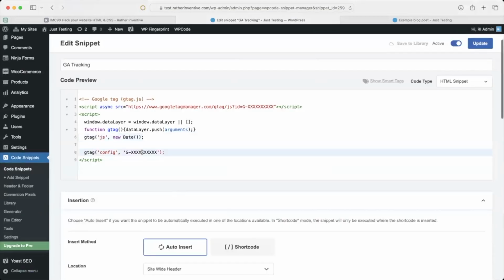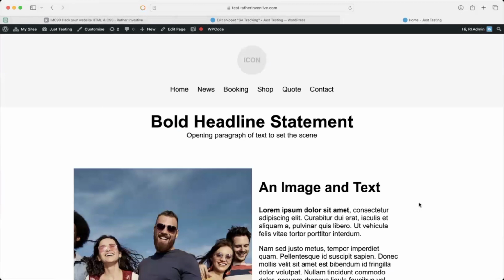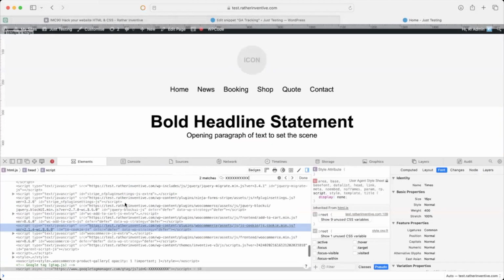So I'm just going to copy these X's because I want to search them in the code to prove it's working. Let's go back to the home page. That should have loaded it. So I'm going to bring up the inspector and find in the inspector, look for our X's. Here they are,